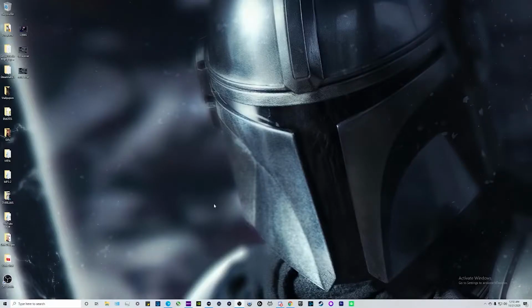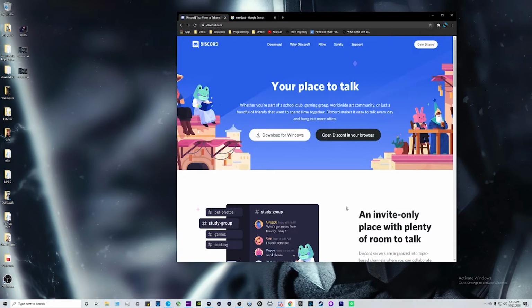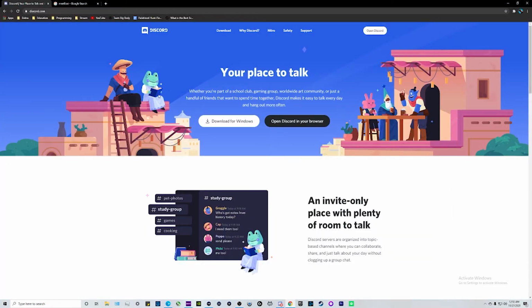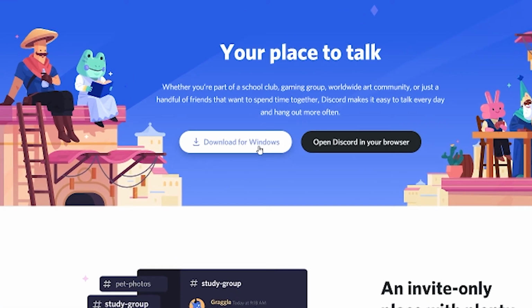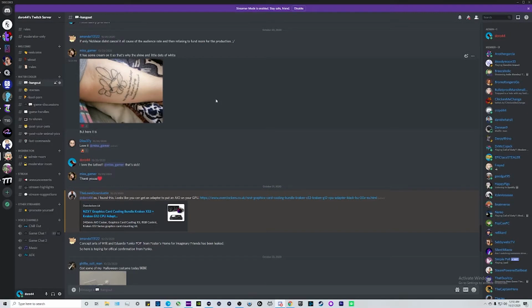So what we're going to want to do is go to your web browser, and go to discord.com. Now, Discord can be used within your browser, but for example purposes, we're going to download it to our machine. So just click on that download for Windows or Mac, and then just follow the step-by-step instructions on the installation process. And once you have it downloaded, it's going to open up, and it's obviously not going to have all of these different servers unless you've already joined a few.